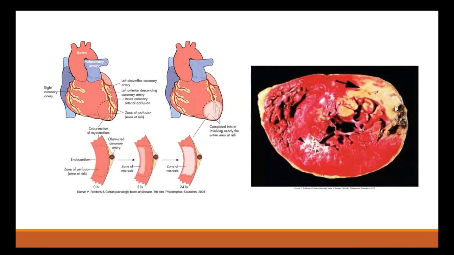So this is just to show you how this infarction looks like. The thrombus here, and this whole myocardium has died as a result. This is the cavity of the left ventricle. And this ventricle is already hypertrophied. So this patient probably had hypertension for many, many years. Left ventricle is already hypertrophied. And then on top of it, there is now atherosclerosis, formation of thrombus, and this whole myocardium is dead.